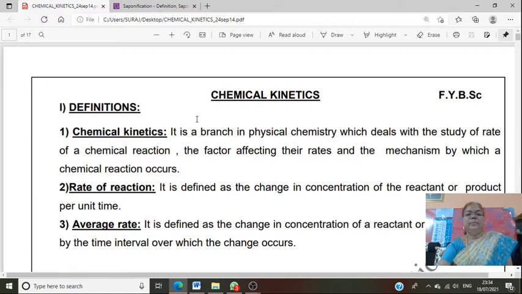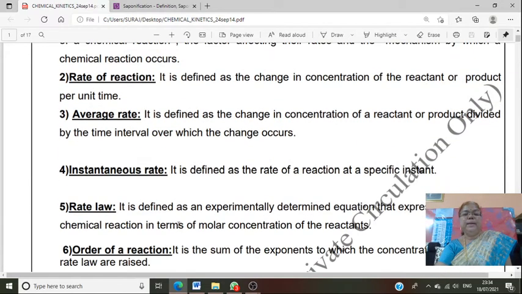Then average rate is defined as the change in concentration of a reactant or a product divided by the time interval over which the change occurs, and instantaneous rate is defined as the rate of reaction